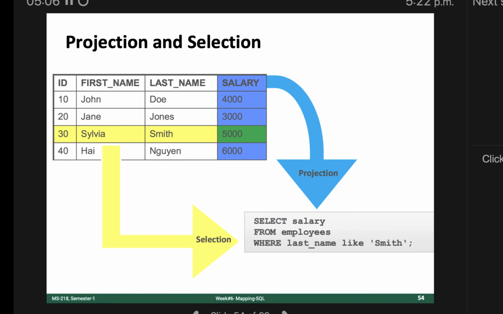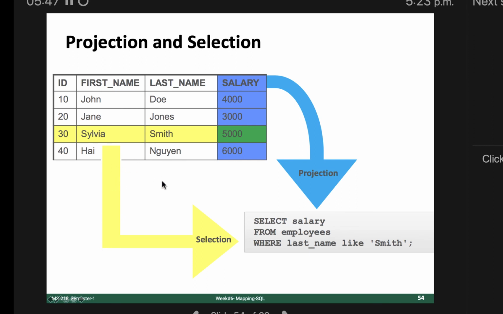For example, if I want to check all employees who have salary greater than 4,000, what would be the query? Who will tell? What would be the query if I want to select data of all employees having salary equal to or greater than 3,000 or 4,000? Select star from employees will get this whole table, right?